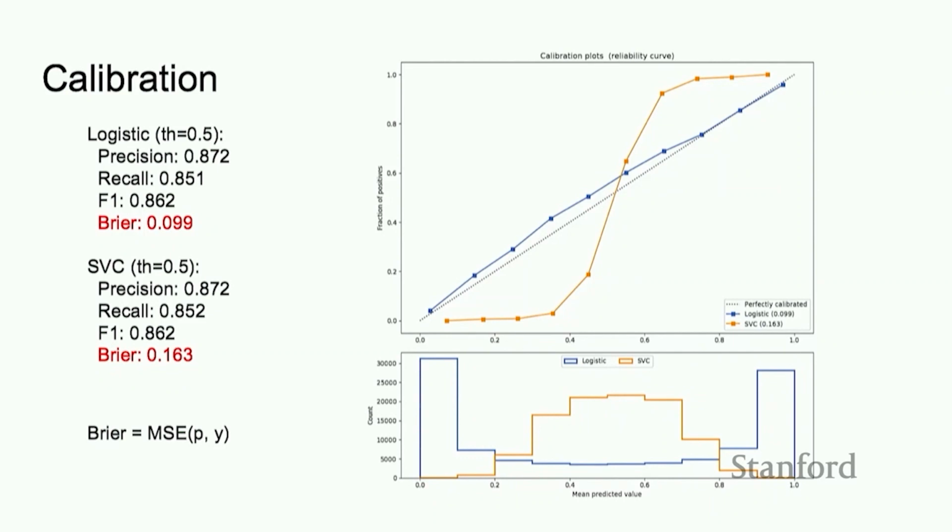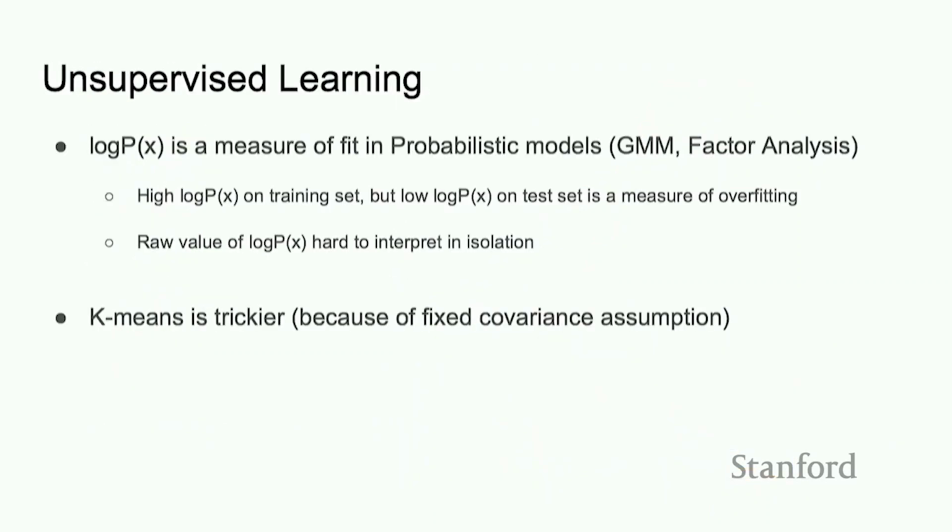All right, moving on. The log probability or the log loss can also be used in unsupervised learning. Supposing you have a Gaussian mixture model or factor analysis, you can use log P of x to measure whether your model has underfit or overfit. Log P of x by itself, the raw value, is hard to interpret. It's hard to just look at the log likelihood and tell whether the model is good or bad. But you can always measure the log likelihood on your training set and on your